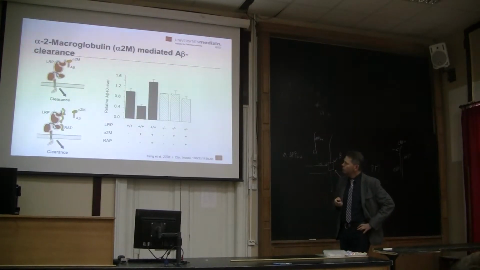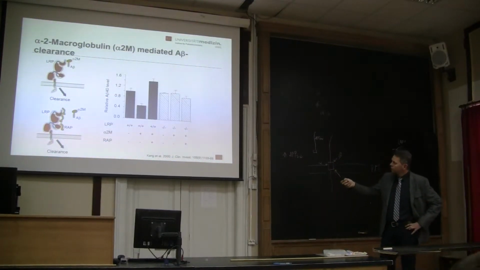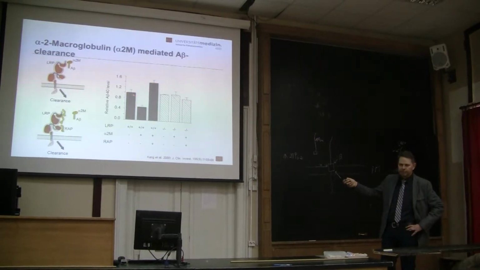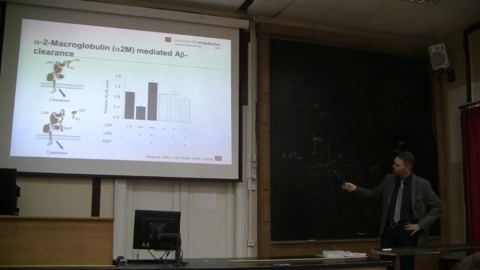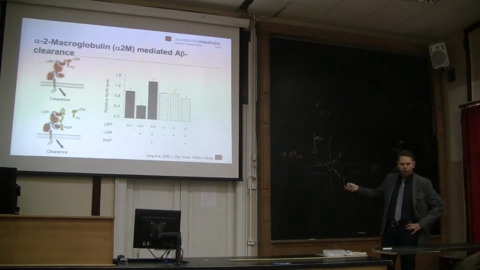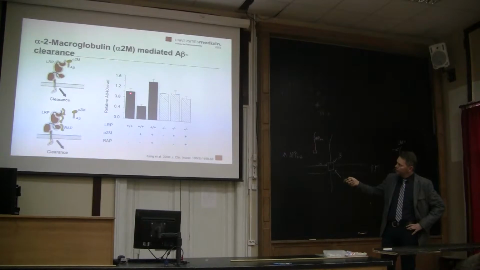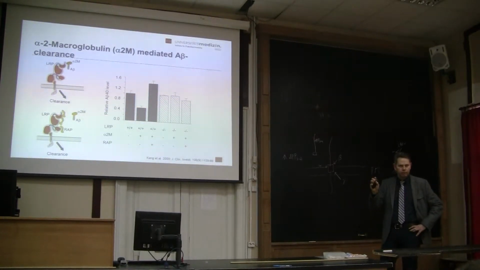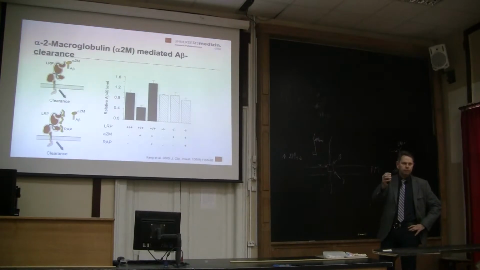So here is what happens. Under normal circumstances, you have a certain amount of A-beta internalization, or this says it's a steady state level in the cells. LRP is normally expressed. When we add alpha-2 macroglobulin to this, there is a reduction in the A-beta level, because alpha-2 macroglobulin additionally binds A-beta,